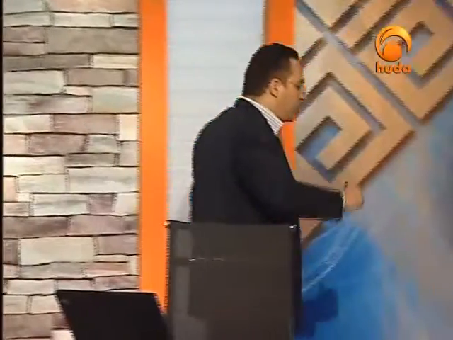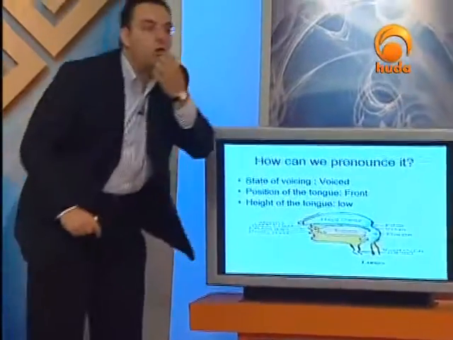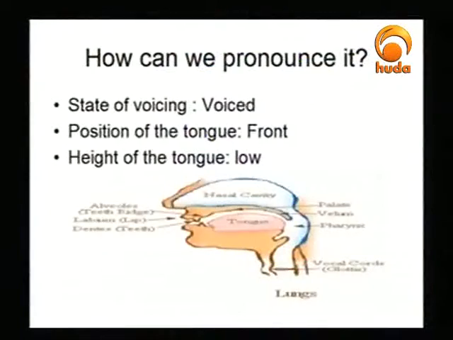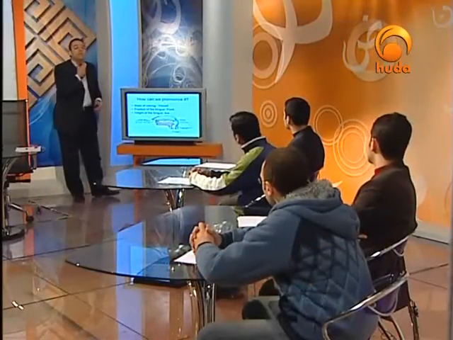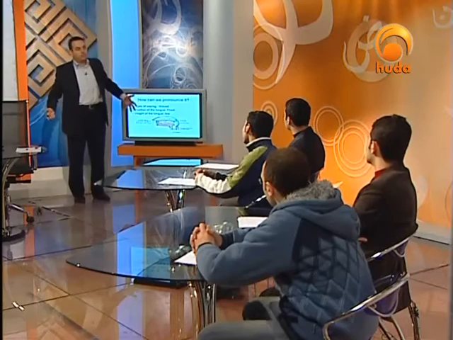I think you are absolutely correct, Osam. Can you see that? This is the nasal cavity. This is the oral cavity here. Now, the airstream is coming up from the lungs, and the first step is that it touches the vocal flaps. So we have vibration in producing the sound. But after that,